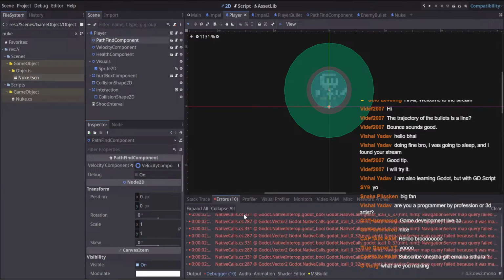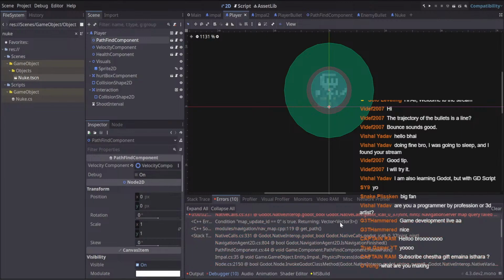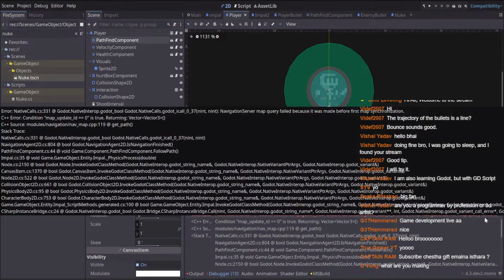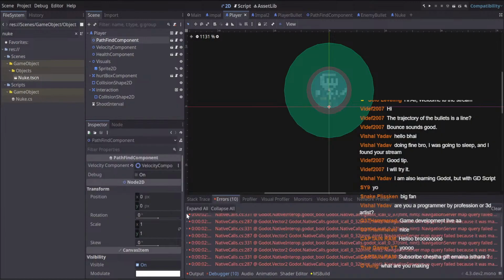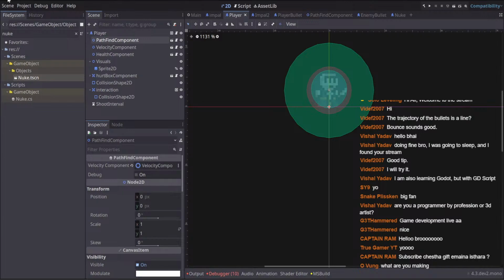The errors are so weird. I don't know what this server navigation server map query failed on the first. I don't know. See it later. Anyway,